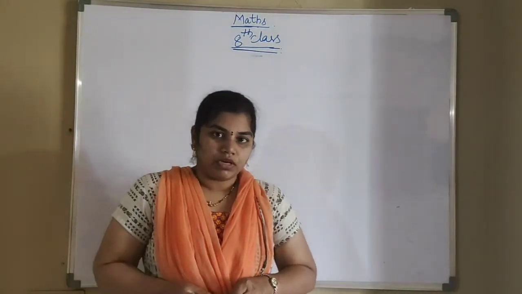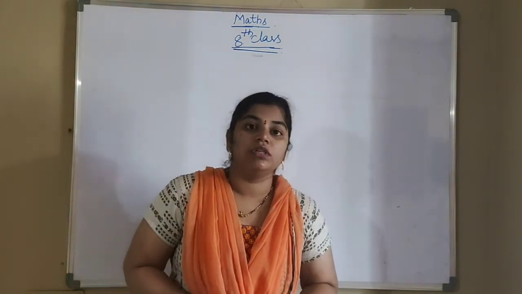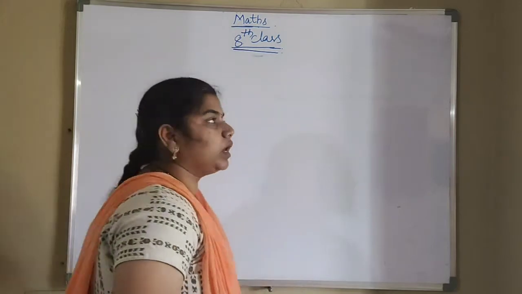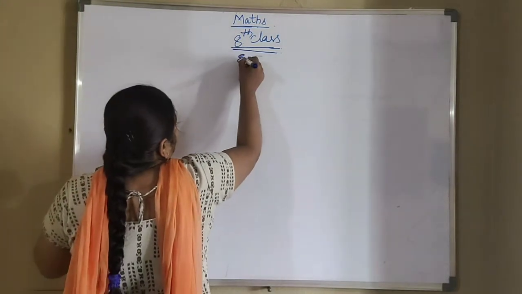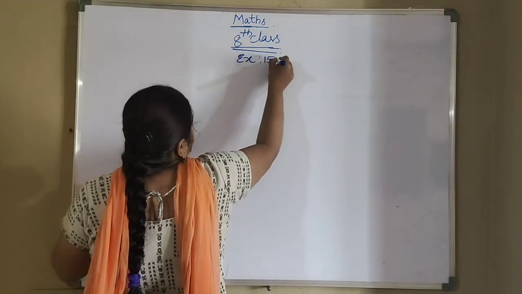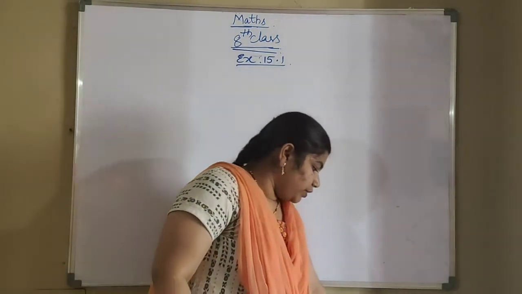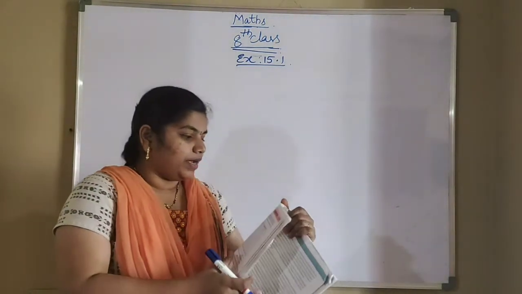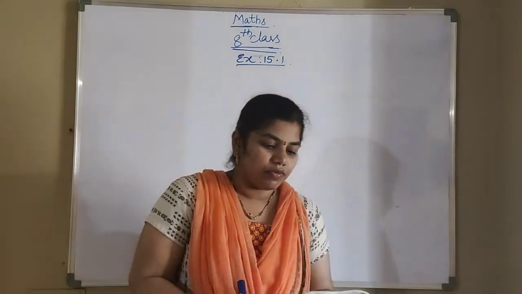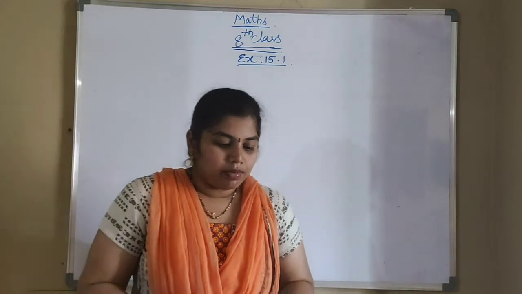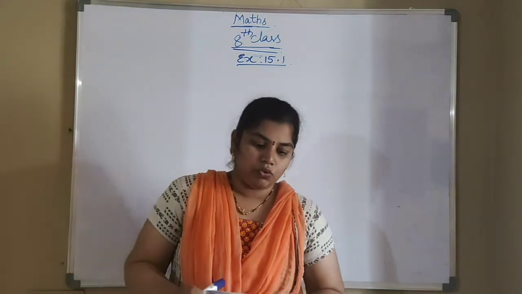Good morning everyone. So yesterday we have completed all the divisibility rules. So now we are starting our exercise 15.1. So what is 15.1 here? First bit, using divisibility rules, find which of the following numbers are divisible by 2, 5, 10 in the given table. What do you observe? So you can fill this.